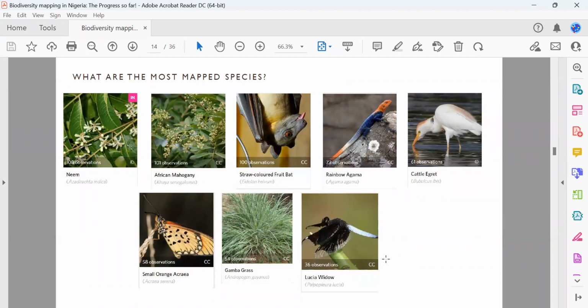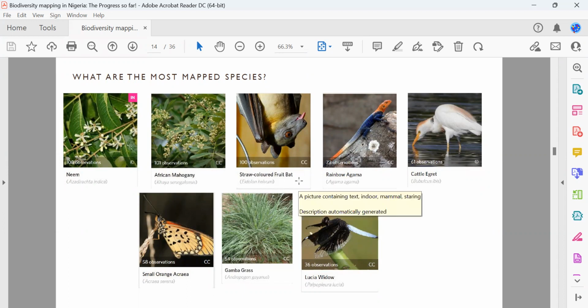The most mapped plant species is neem, which is termed invasive because it was introduced to many parts of the world from India. It originates from India, but was introduced to many parts of the world. So it is the most biomapped plant species on iNaturalist in Nigeria. Then we have the African Mahogany, Khaya senegalensis,